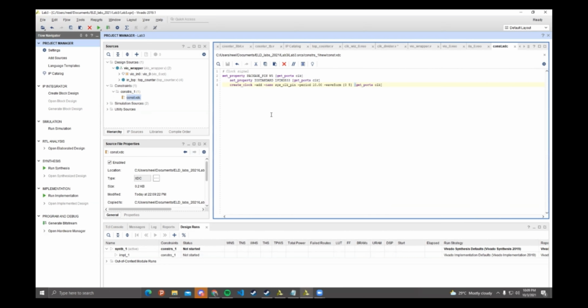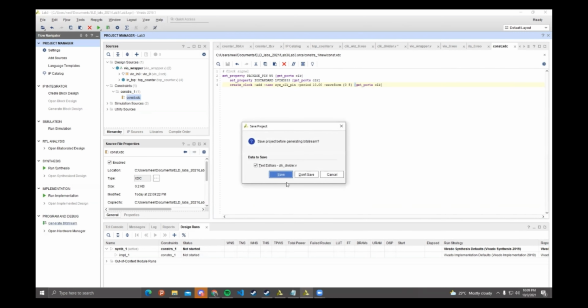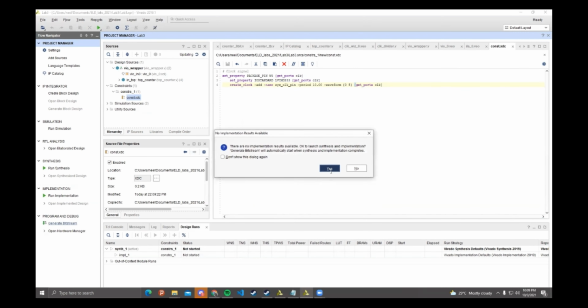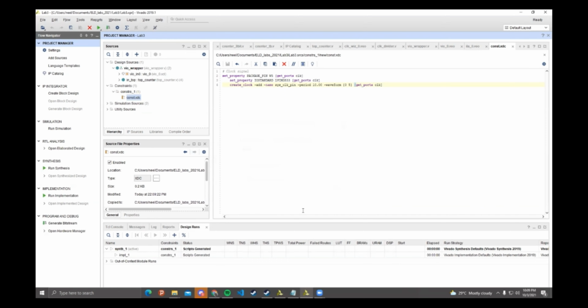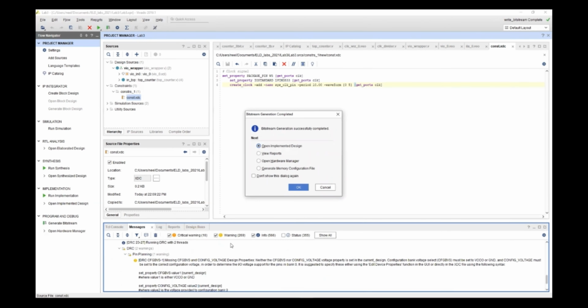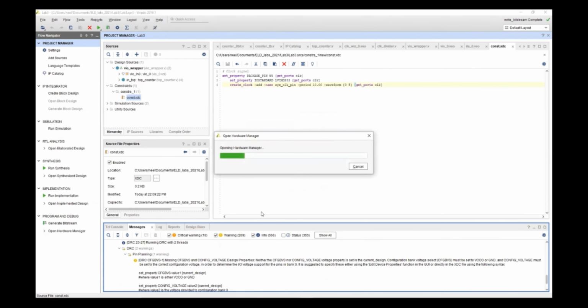Great. So now that I'm done with the constraint file as well, I just need to generate the bitstream. After the bitstream has been generated, just open the hardware manager.